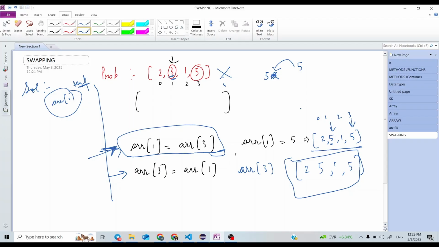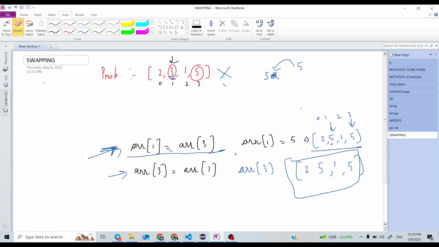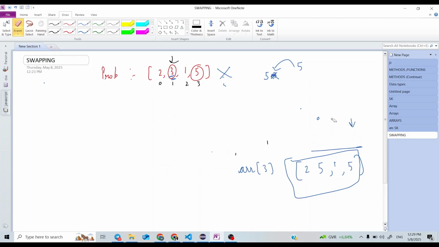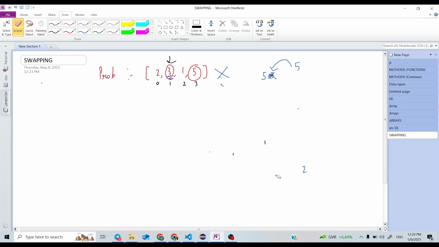So let me take a real example. Suppose these are some containers. That is my first container, this is my second container, and here the first is a green colored ball and the second one is a purple colored ball.